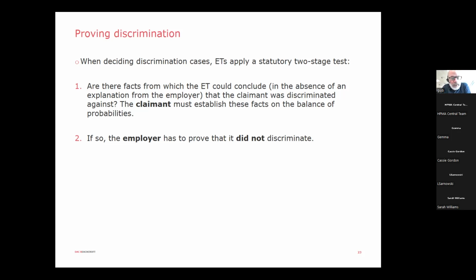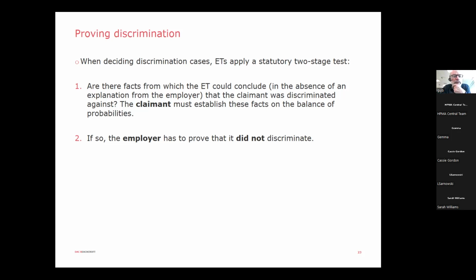And so they will put that claim into the tribunal, and the response from their employer will be, let's say that they accept that the detrimental treatment took place. They will say it was nothing to do with their race or their sex or whatever. It was to do with their performance or their behavior or whatever else it might be. And so the employment tribunal has to choose between these two alternative explanations of the discrimination or the alleged discriminatory